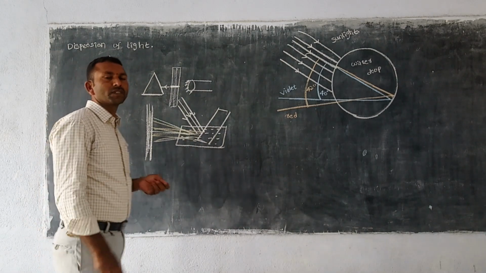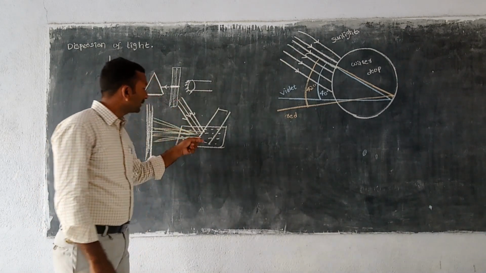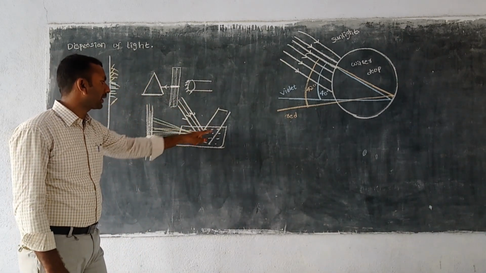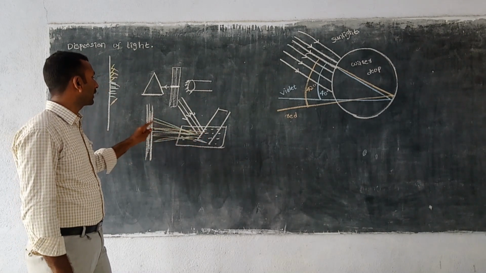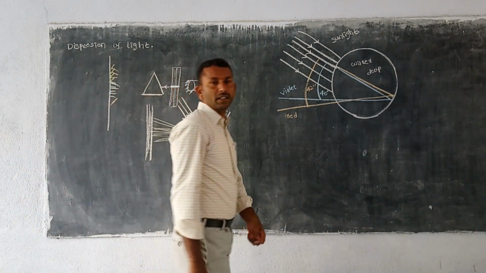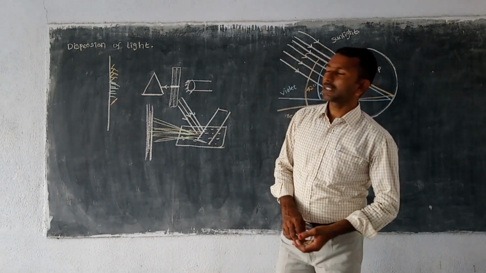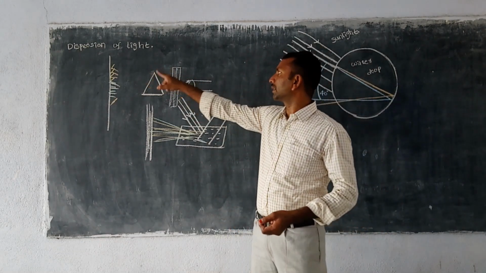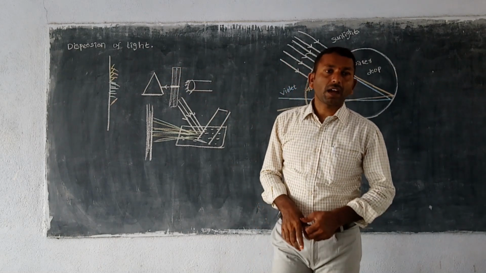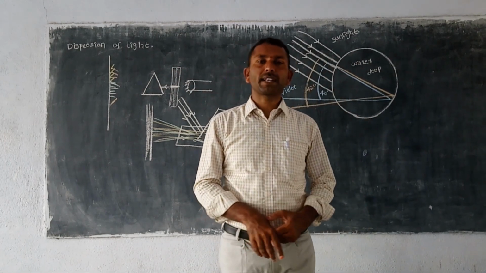So what is the reason for that? Actually, which color is this? White color. And after incident on the mirror, which is in the water, it disperses into different colors. What is the reason for that? The reason is dispersion. What is dispersion, and how does light disperse from one medium to another medium?